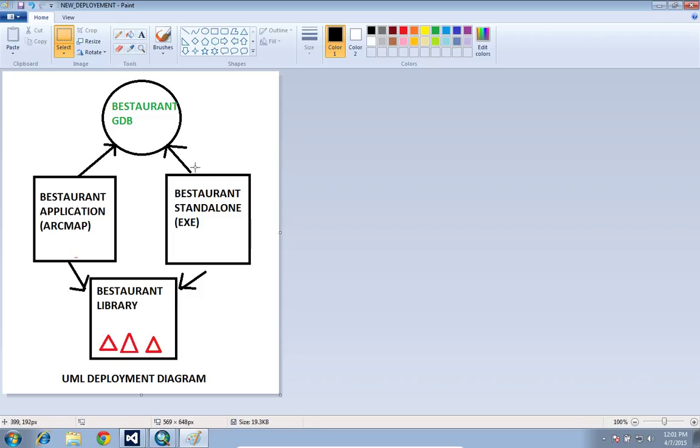There's one missing arrow. So my Bestaurant standalone can talk to the restaurant GDB. This guy can talk to the restaurant GDB. And this guy might also talk to the personal GDB. We'll see about that. So this might establish a connection with a geodatabase, although it's a bad idea,